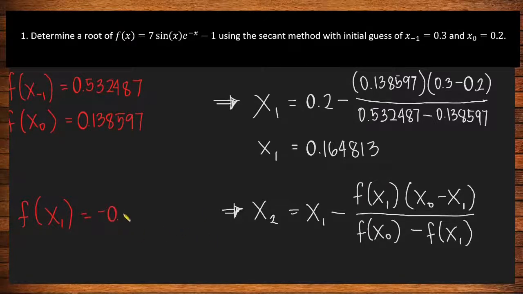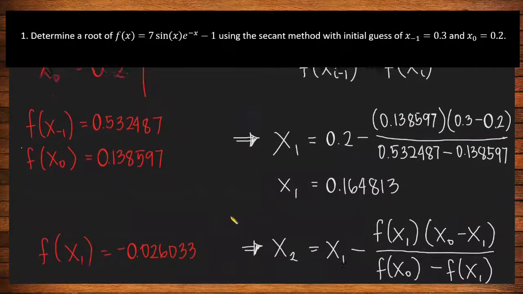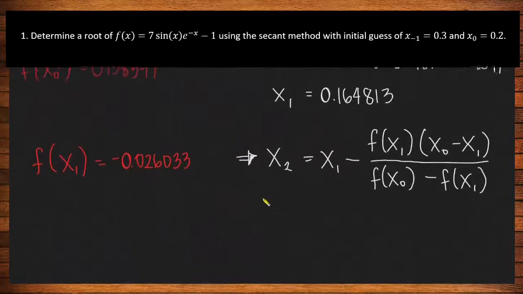Kailangan din natin kunin yung value ng function natin, f of x sub 1 and f of x sub 0. So meron na tayong value ng f of x sub 0 kanina. After substituting these values doon sa secant formula natin, we now have our next estimate, which is equal to